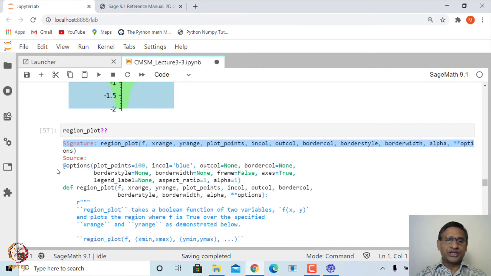Okay, so, you can see here, this is the source, this is how the function is defined, and these are the options. By default inside color is blue, out color is none, and border color also you can mention.